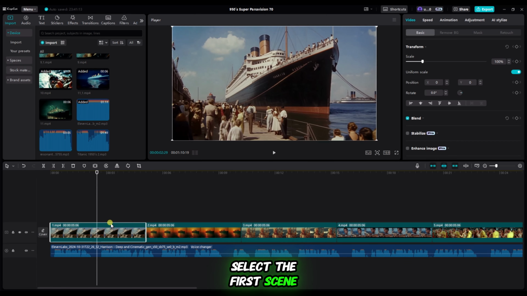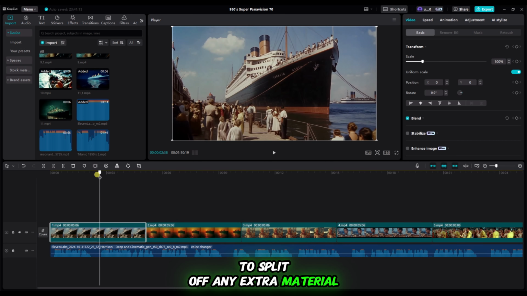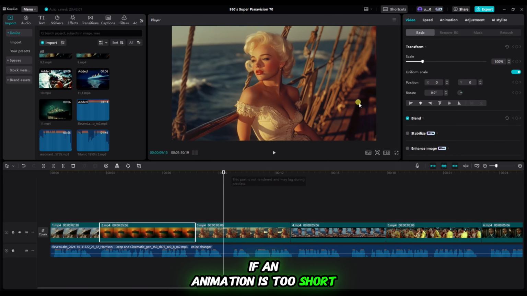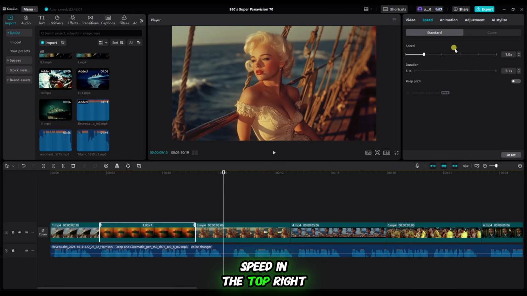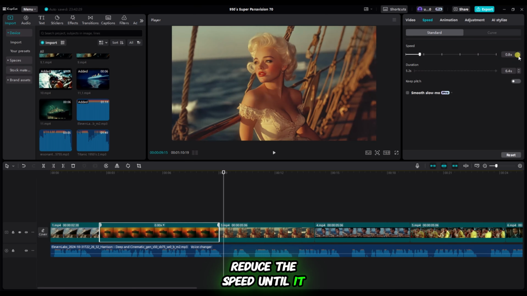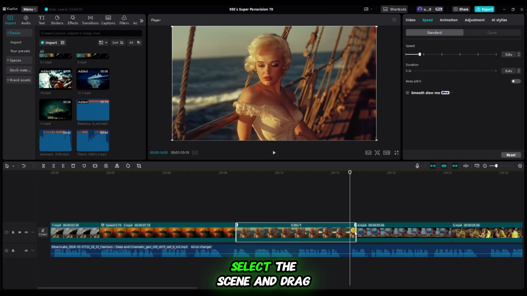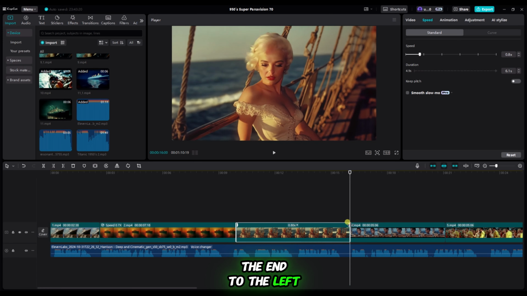Select the first scene, then use the shortcut Control plus B to split off any extra material. Delete the unnecessary part by pressing delete. If an animation is too short, select it and go to speed in the top right. Reduce the speed until it matches the voiceover. If an animation is slightly too long, select the scene and drag the end to the left until it aligns